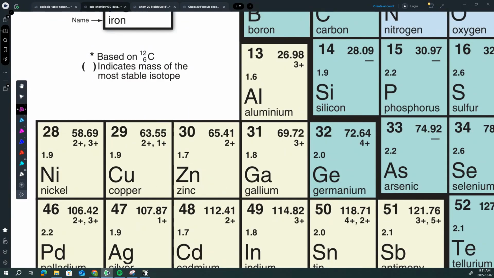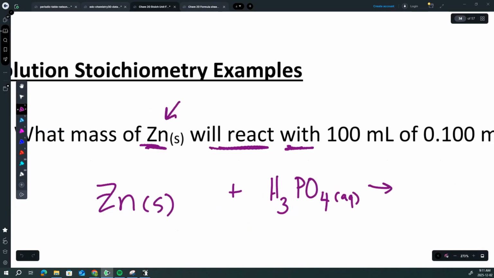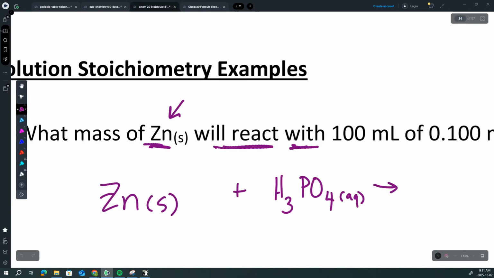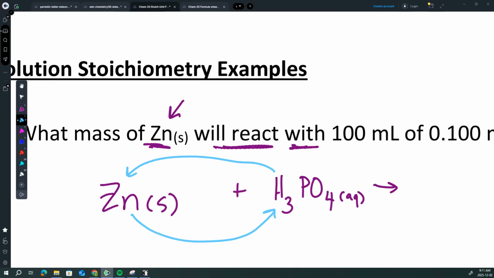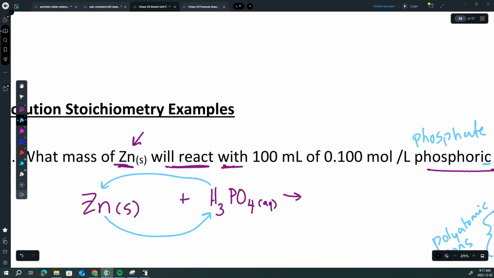Since zinc likes to form a cation, it's going to switch with my other substance that likes to form a cation, which is going to be hydrogen. So essentially what we're doing is zinc and hydrogen are just going to change places here. So that's going to give me